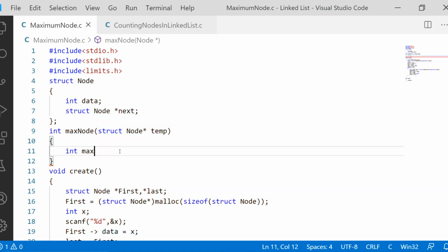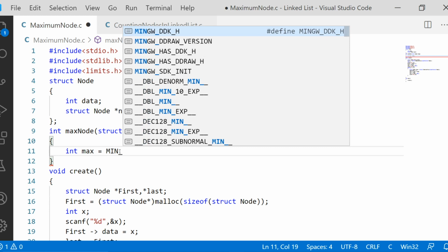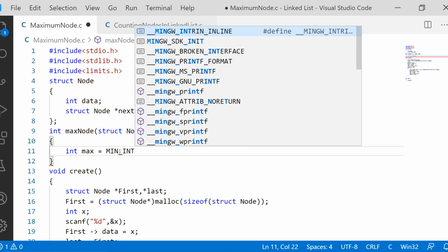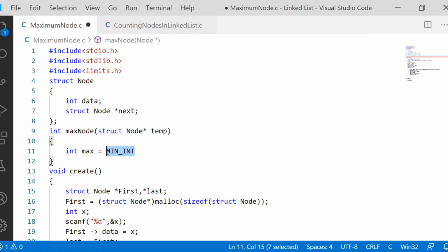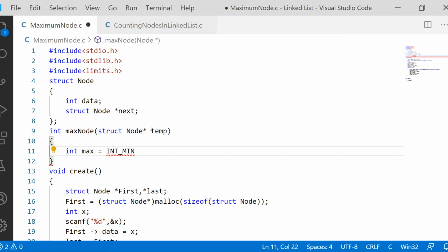Okay, now you can just take max is equal to INT underscore MIN. Okay, one minute. Yes, it's INT underscore MIN. This variable actually holds the minimum integer value, which we are assigning to the variable max. Now